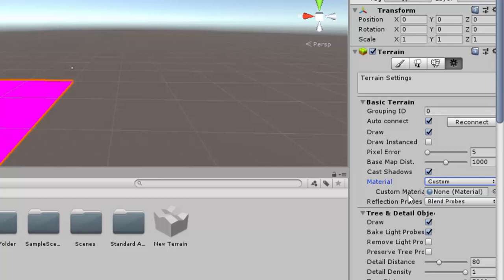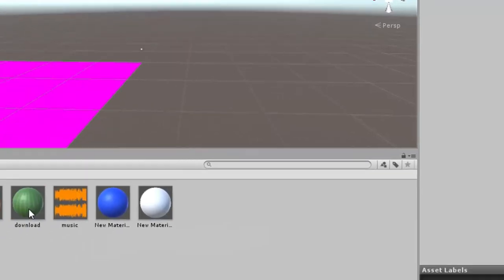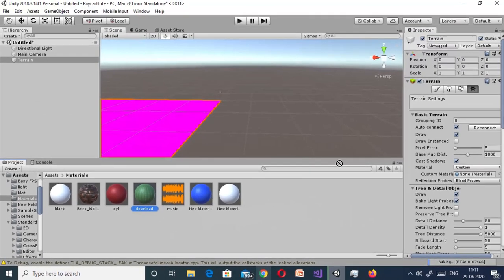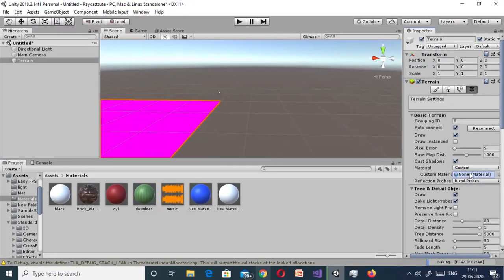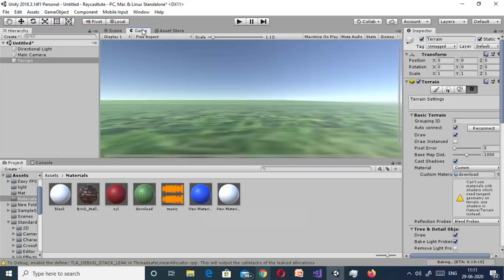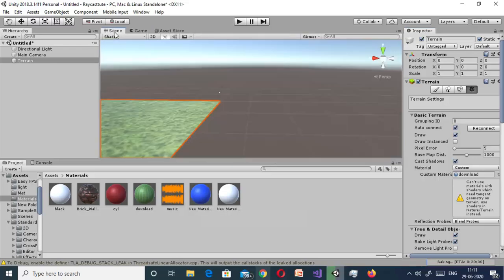In custom we can see that no material is assigned, so I will click on materials. I have already downloaded a grass type of texture, so I will just drag it onto the material. Now we can see that a grass type of material is applied to our terrain.